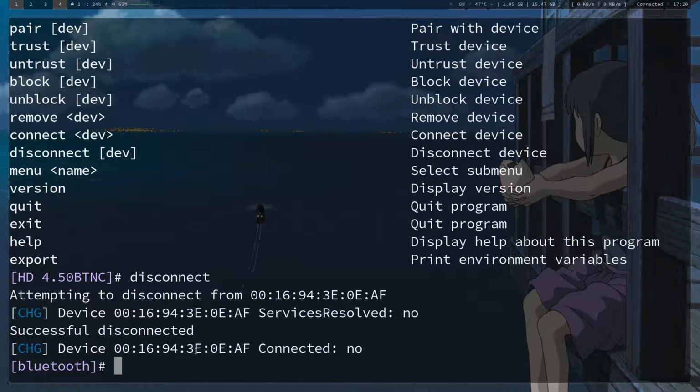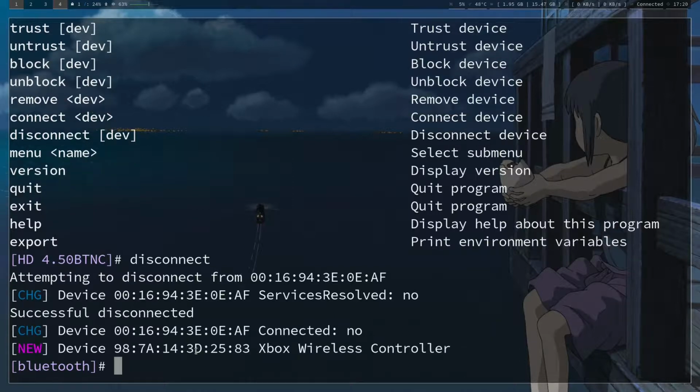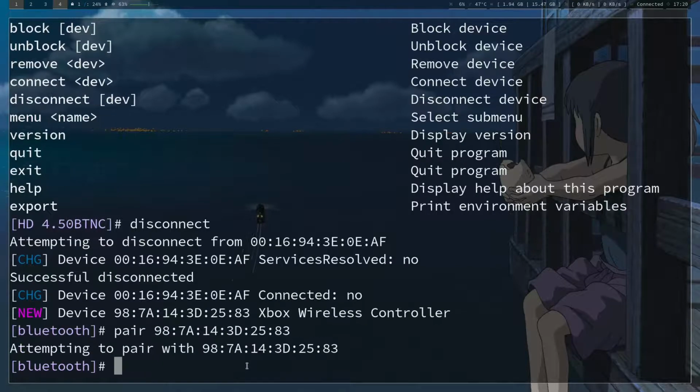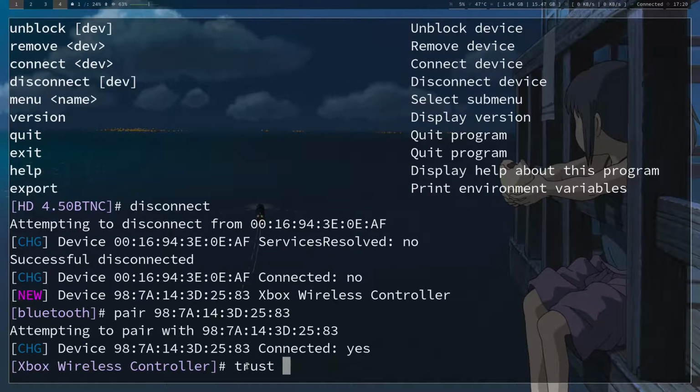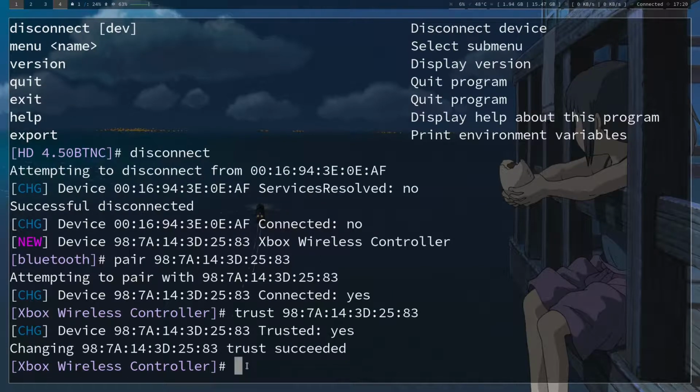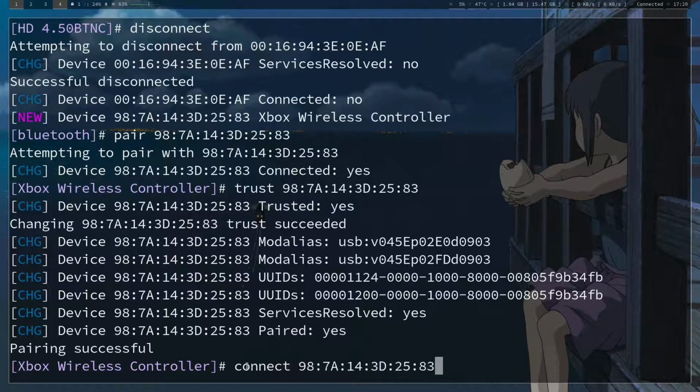And now for the Bluetooth controller, you're going to start the controller, go into pairing mode. It should be showing up any second. Here it is. You copy, you pair, you trust, and you connect.